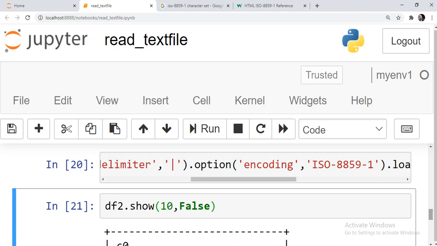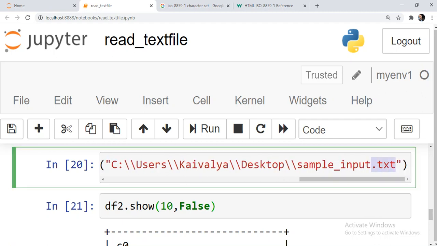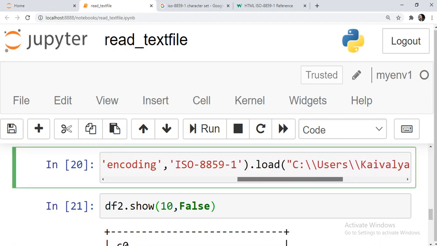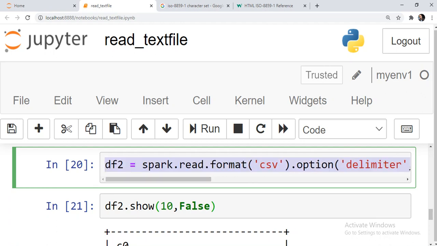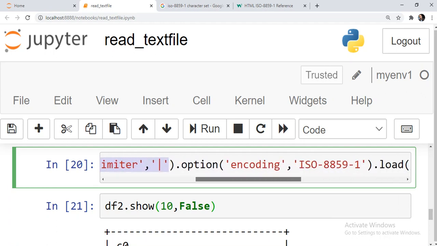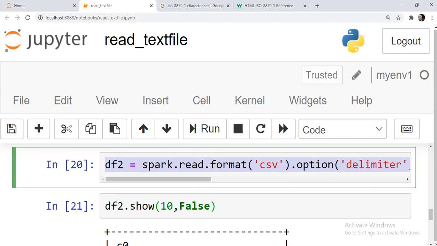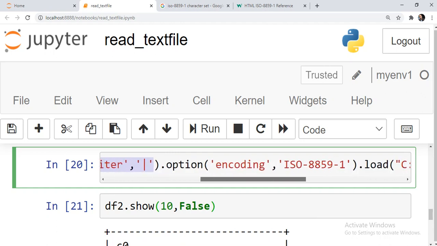The text option, spark.read.text, doesn't come with any option to provide encoding. Default is UTF-8. So if you want to apply encoding explicitly on a text file, you can use a solution where you provide some fake delimiter and then apply an encoding on read.format CSV, even though the file is a text file.